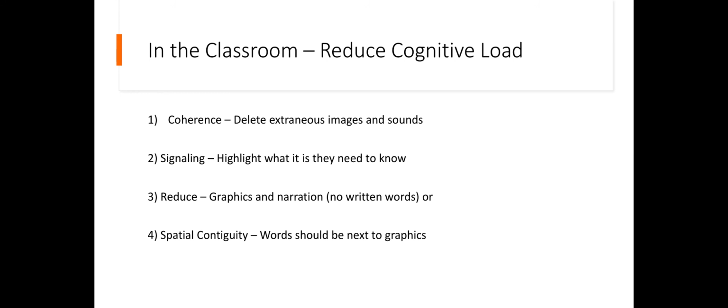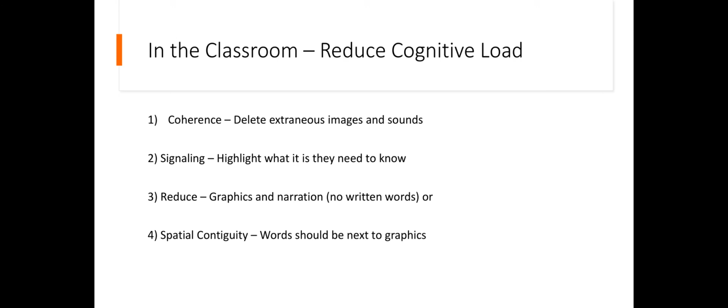Reduce. If you're using PowerPoint slides, you know those who are good presenters and those who aren't good presenters in the way in which they present the information in the first place. You either have graphics and narration, so no words written on that page. So for example, there's a graphic here and I can say the traffic light sequence to you. This is a red traffic light, this is a green traffic light, and this is an orange traffic light. So we can have graphics and narration,